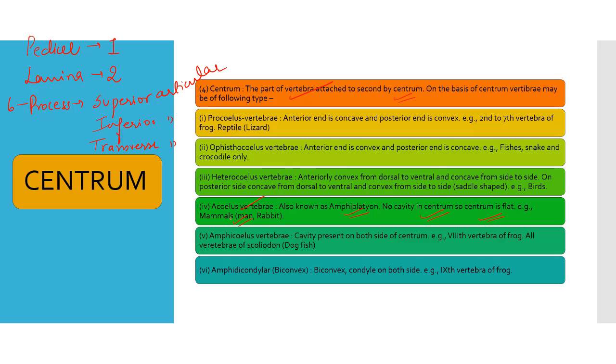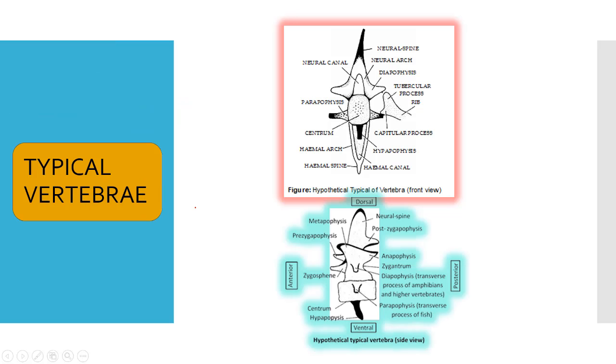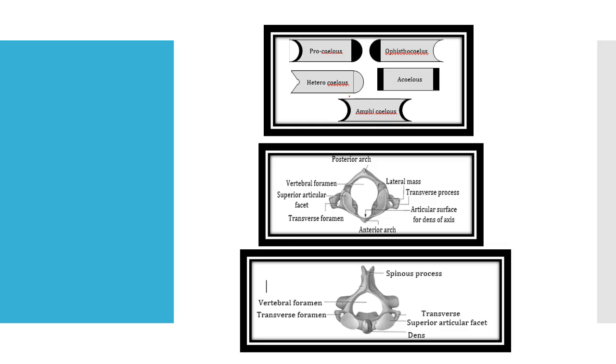The vertebrae are grouped into 5 groups: cervical, thoracic, lumbar, sacral, and coccyx. This is a hypothetical picture of a vertebra. You can see the neural canal. This is the neural spine, projecting at the dorsal backward side and upwards. This is the anterior-most portion, the centrum or the body. These are the tubercular processes of the ribs which attach to the spine. So these are the types, basically in mammals like humans.